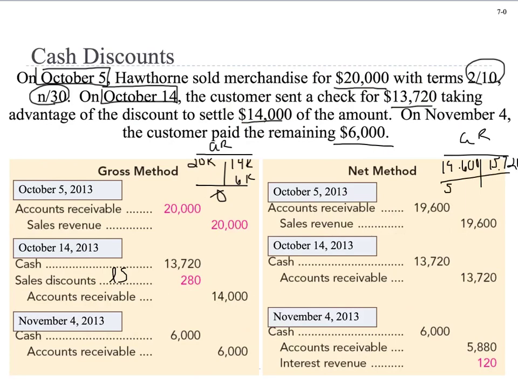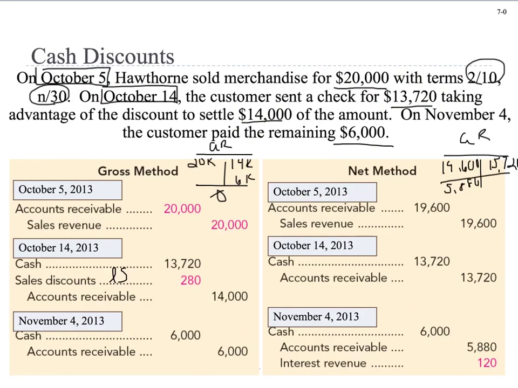Remaining is only $5,880 because they're already considering the discount. So they're only going to relieve the accounts receivable for $5,880. And then we have this new account, interest revenue,